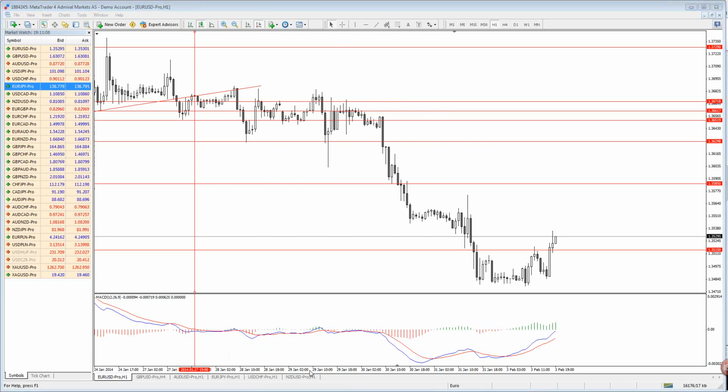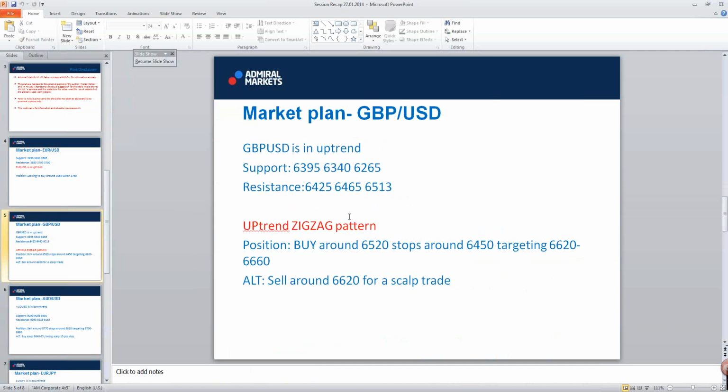Okay. What we had with GBP/USD: buy around 65.20, stops around 64.50, targeting 66.20. This was the trade of the week for all of you who went in. I even got some messages from